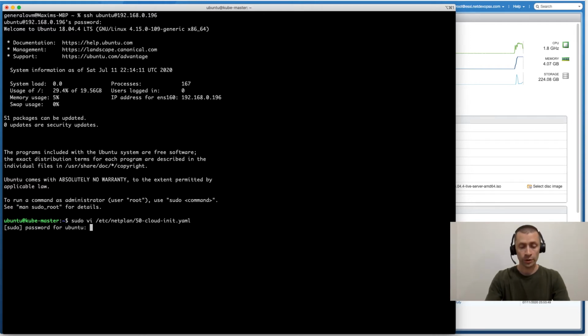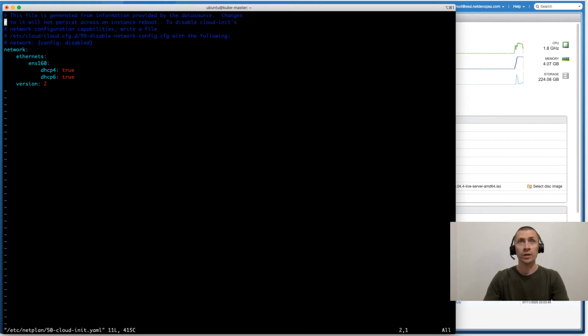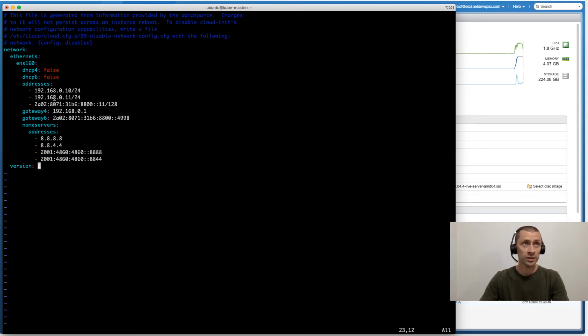following configuration file. I already predefined this part of the configuration file in the documentation, so I'm just going to paste the data into the file. In my case, the primary IP address will be .10 and the secondary IP address will be .11. And by the way, this IP address is IPv6, a public IP address, and we are going to use exactly this IP address for reaching this server from the outside.